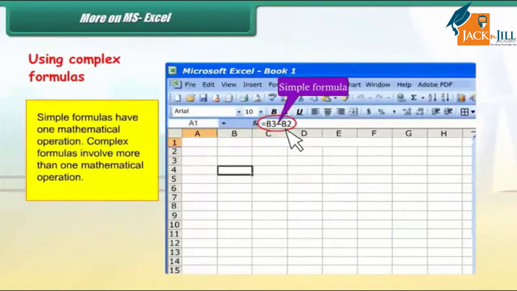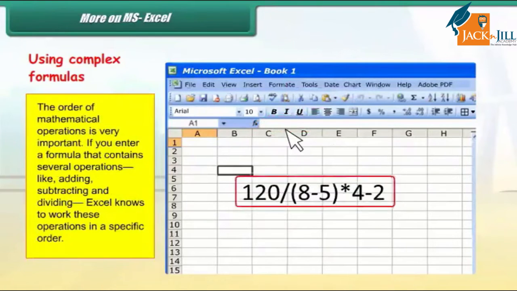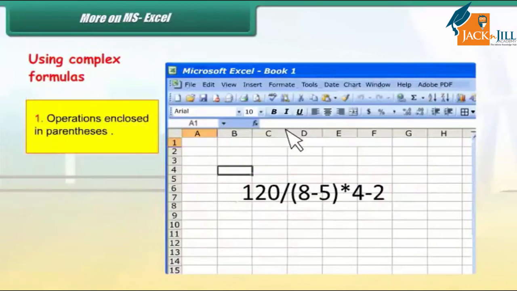Using complex formulas. Simple formulas have one mathematical operation. Complex formulas involve more than one mathematical operation. The order of mathematical operations is very important. If you enter a formula that contains several operations like adding, subtracting and dividing, Excel knows to work these operations in a specific order. The order of operations is operations enclosed in parentheses,